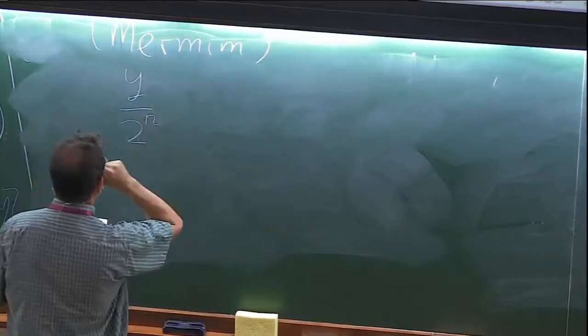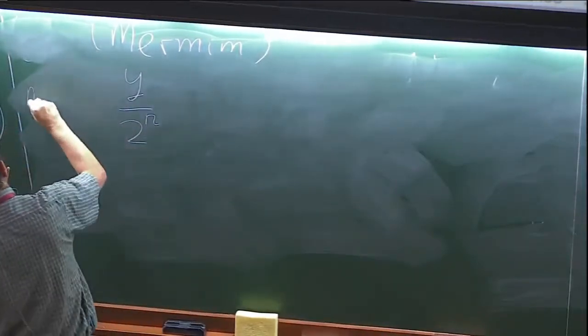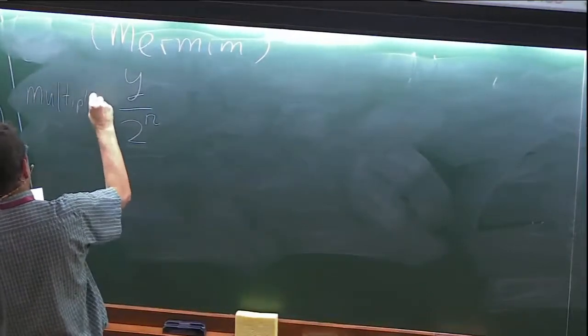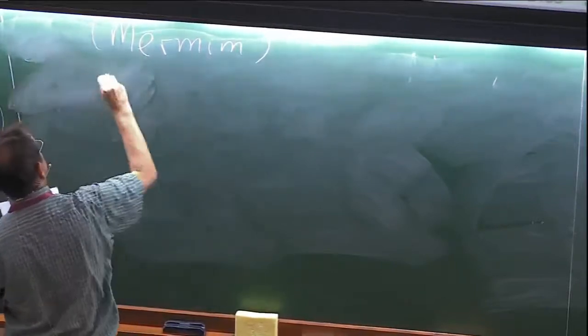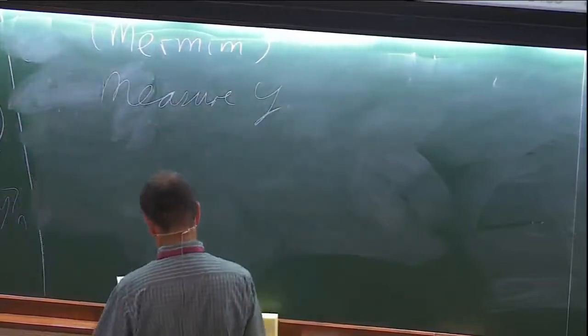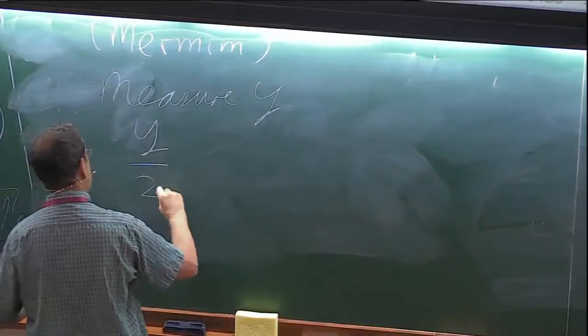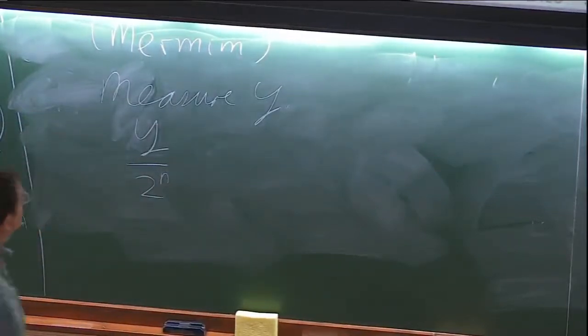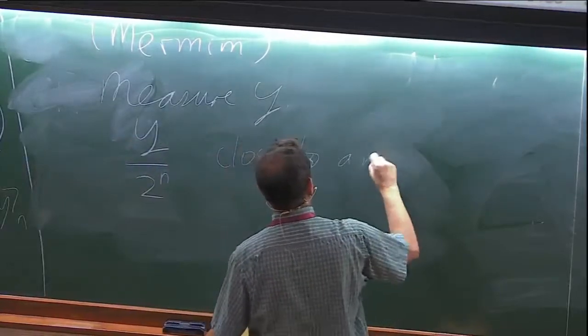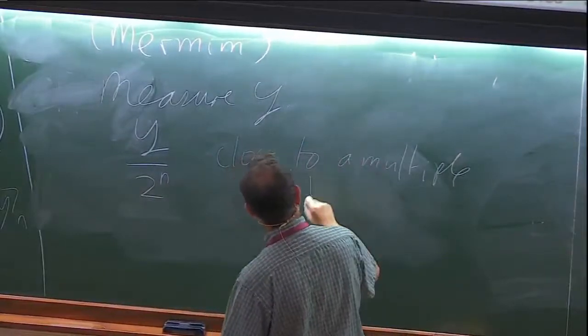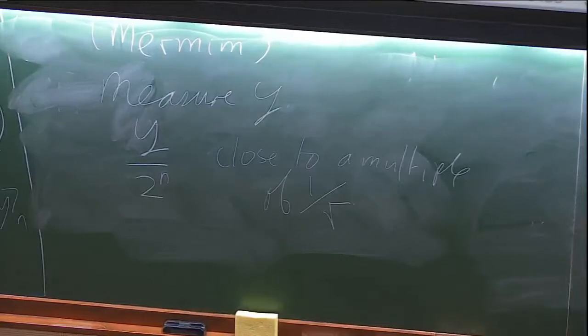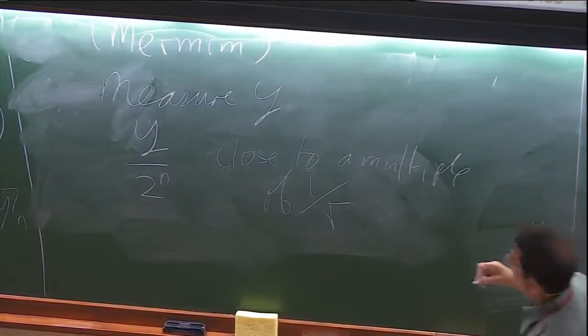So what we have computed is a multiple, so what we measure, y. So y is close to an integer multiple of 2 to the n over the period. So let's divide by 2 to the n. That's a big number. This should be close to a multiple of 1 over r. Right, we Fourier transform, so the spacing is 1 over r. And this is done by continued fractions. So if we call this x,